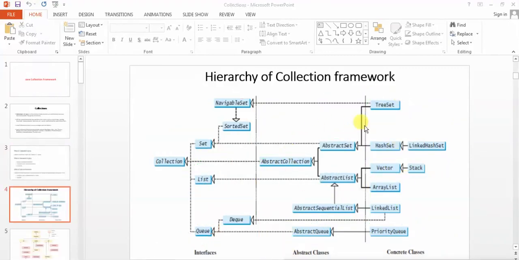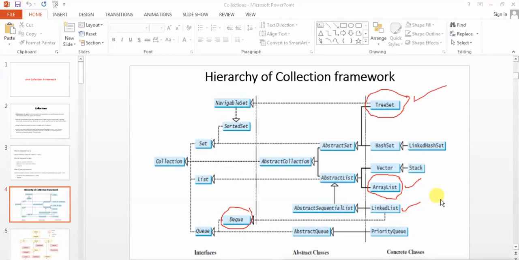So by just looking at this particular hierarchy, I'll be only implementing some of the classes here. I'll be making the objects of some of these classes. First one is this tree set. Then I'll talk about the array list. Okay, you're already familiar with that, but I'll give a brief introduction. Then I'll talk about the doubly-ended queue also. You can see that that's an interface whose object cannot be directly made, so I'll make use of linked list to implement the doubly-ended queue. So you'll see later on.